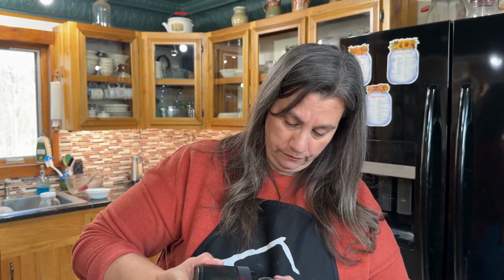This machine is fantastic. I absolutely love this machine. It will vacuum seal regular mouth and wide mouth. So we're gonna go ahead and do the regular mouth one first. This is fantastic because you can take this anywhere. Camping,